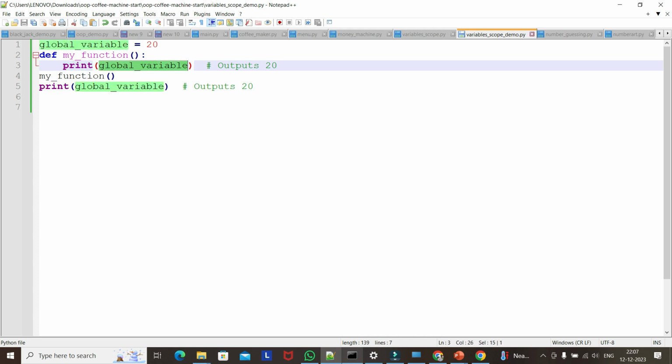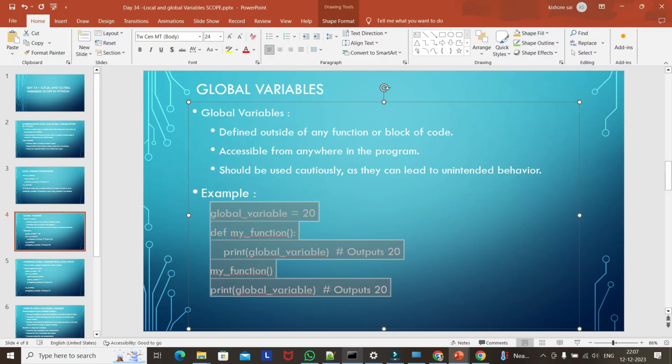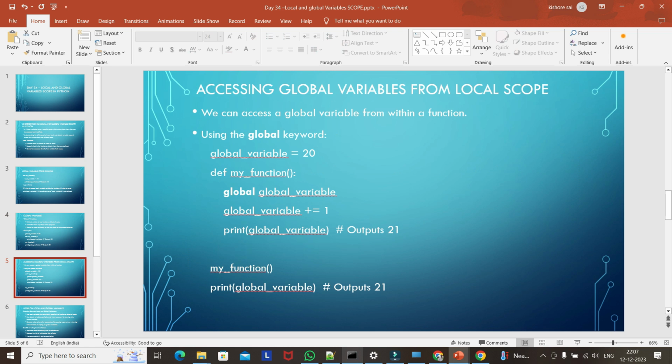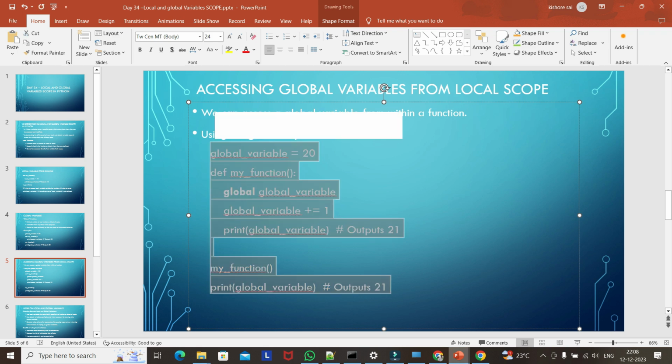And in case you want to modify the global variable value, to increment it or to add something to a global variable, you can't change it in the global variable scope just by performing operations on it. So for example, now if I take this,